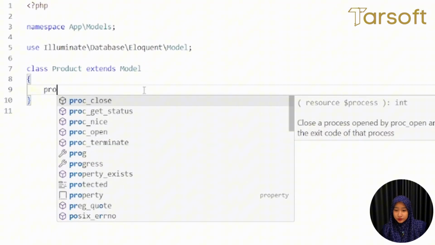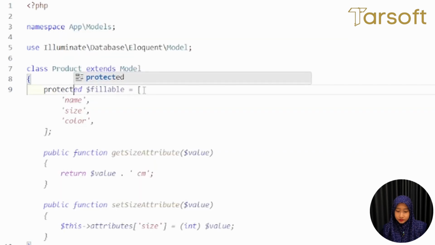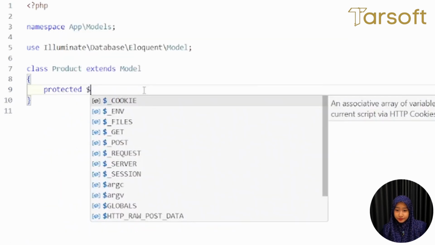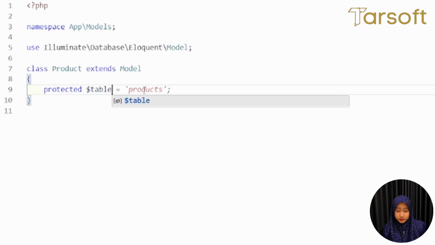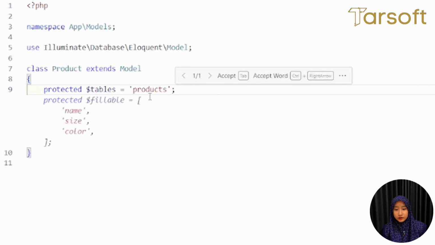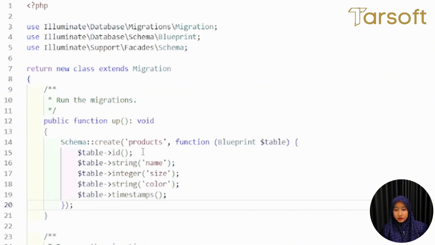You need to type in protected $table, then your table name in the database, which is products. If you forgot what your table name is, you can go back to migration, and this is the name